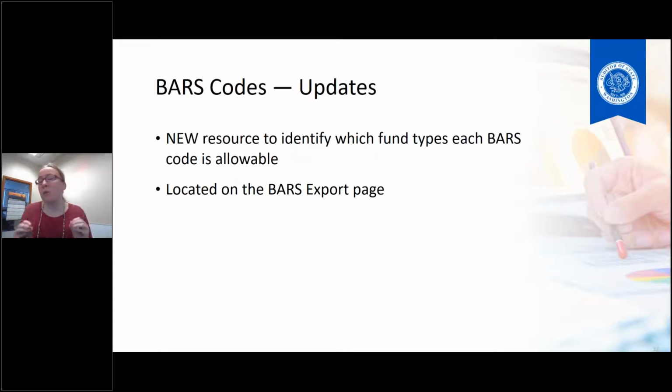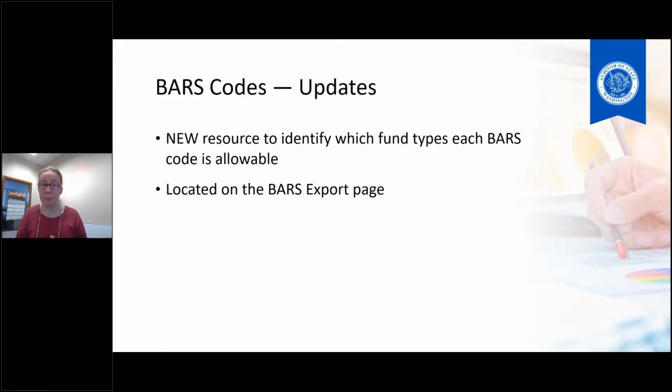That means if you are an entity that has a narrow chart of accounts, so an entity specific chart of accounts, you are going to want to download your chart of accounts for your basis of accounting. And you are going to want to crosswalk to make sure that you are only using codes that are available